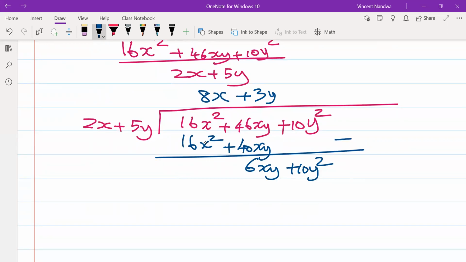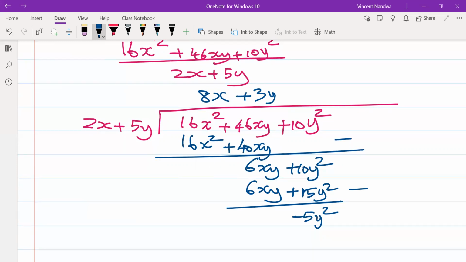So 3y times 2x will be 6xy, and then 3y times 5y is 15y squared. When you subtract, you get 0 and then